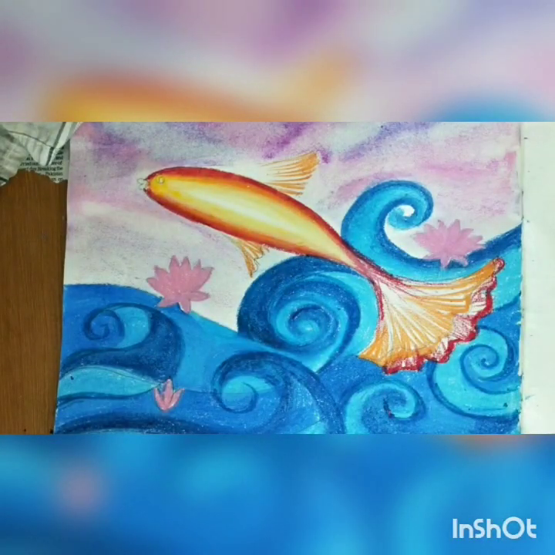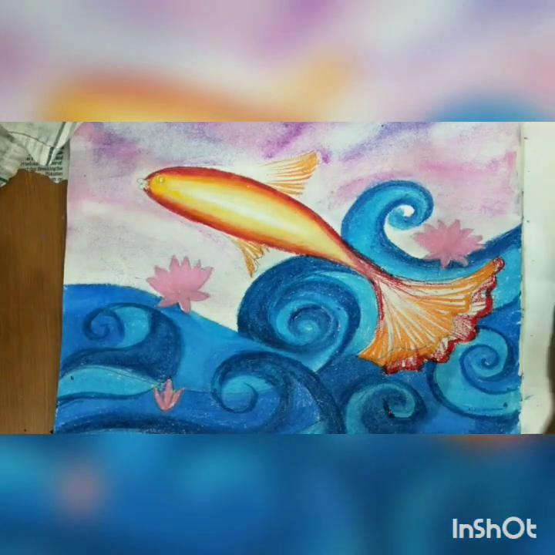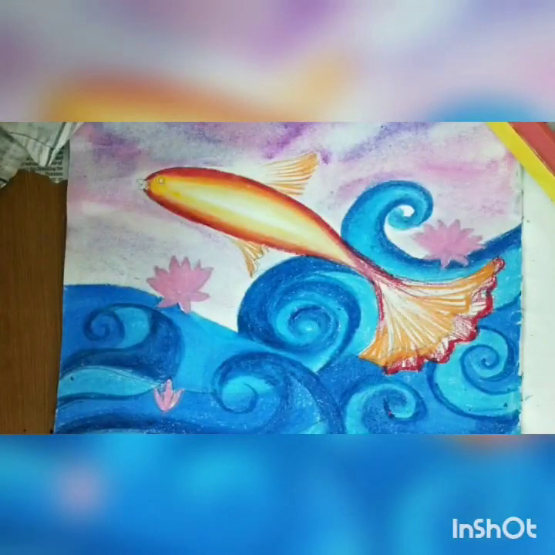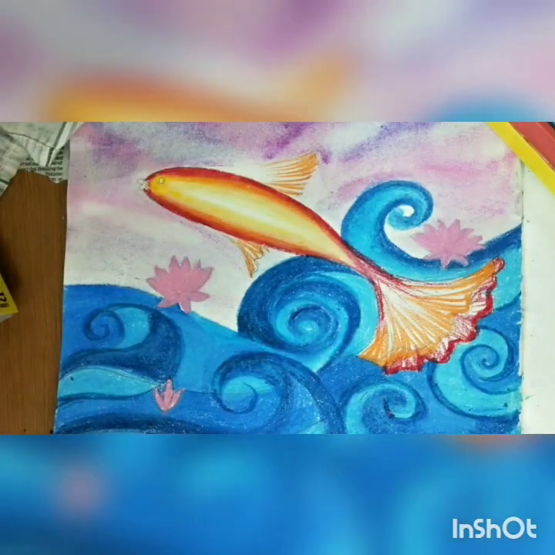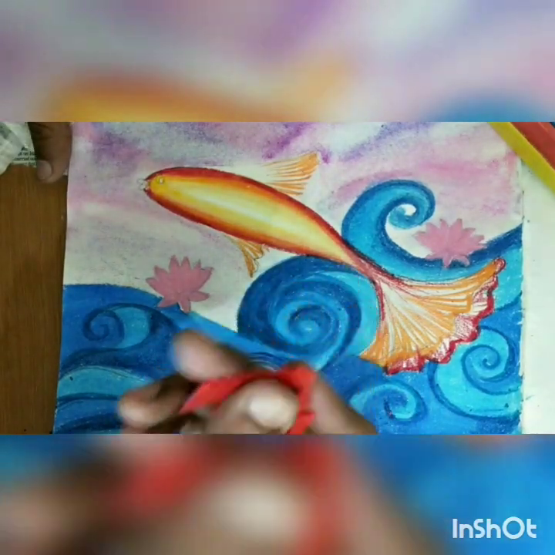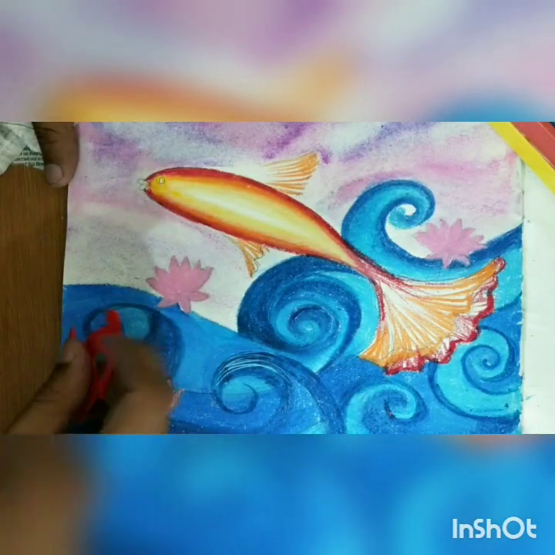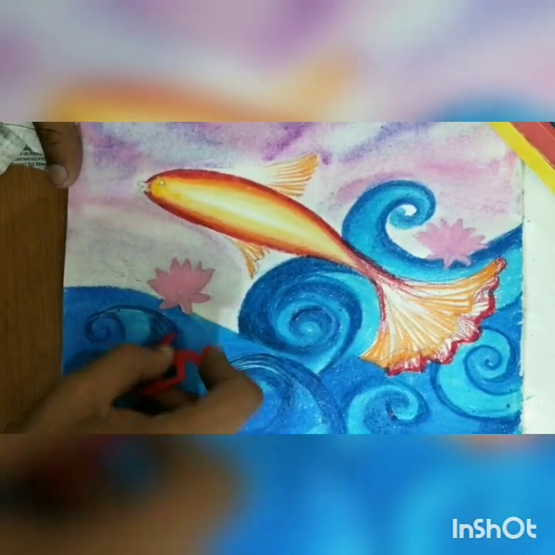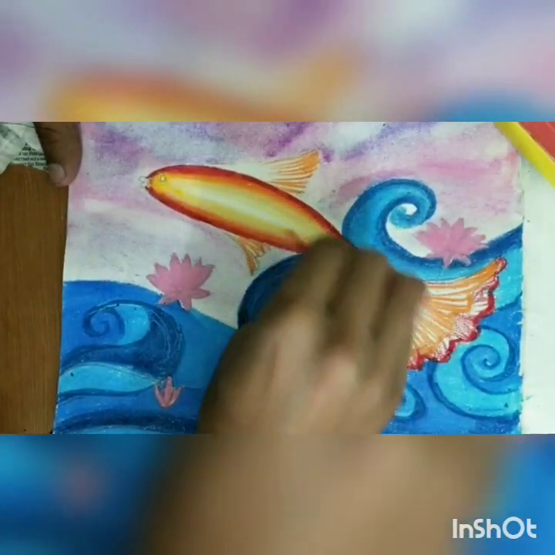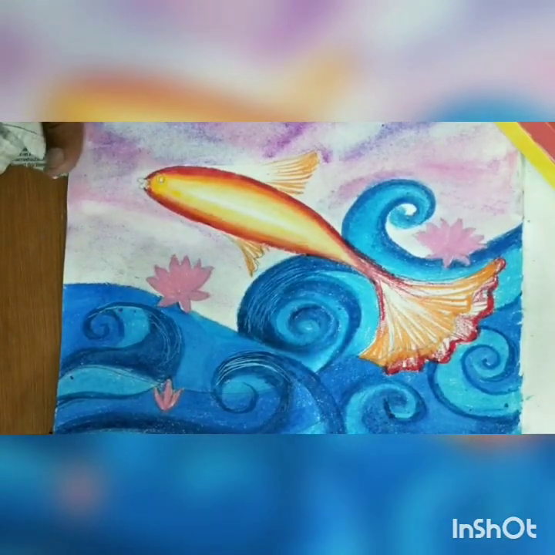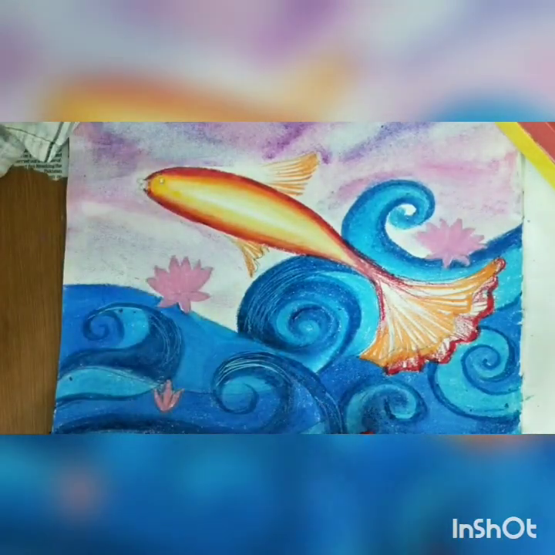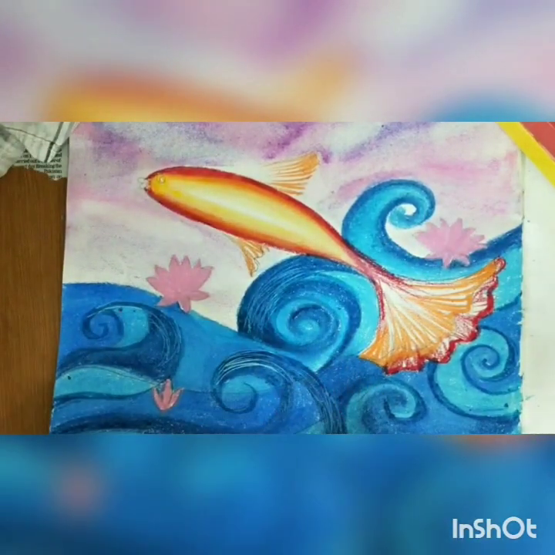See, here I'm using a scrubbing tool. Here I'm using a scraping tool. It gives a wave look, and it will be more effective for waves.